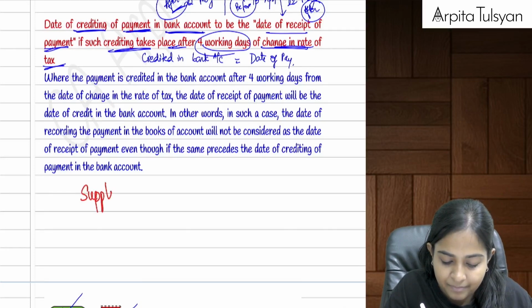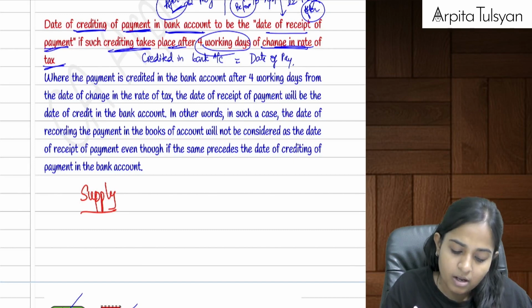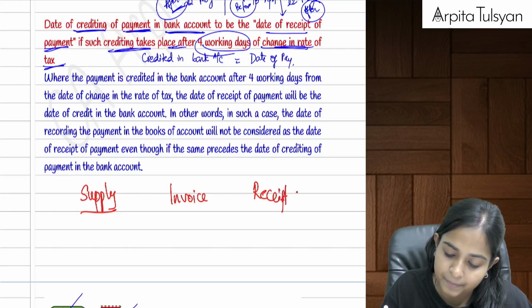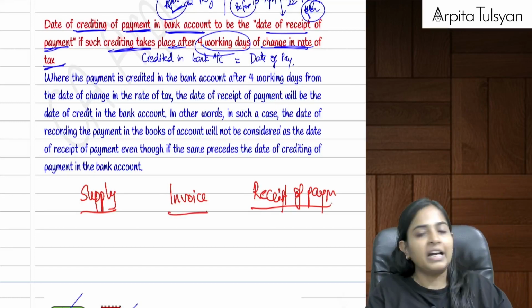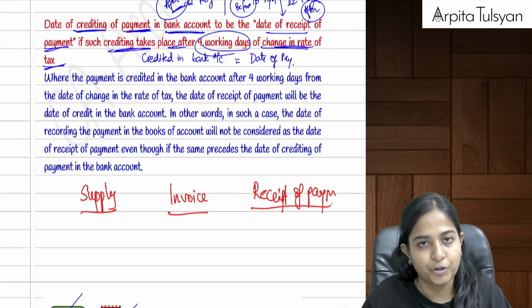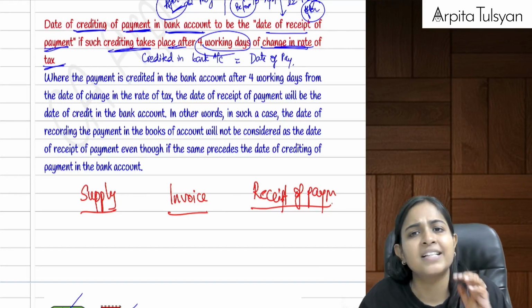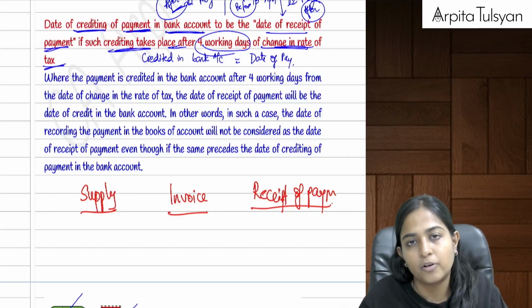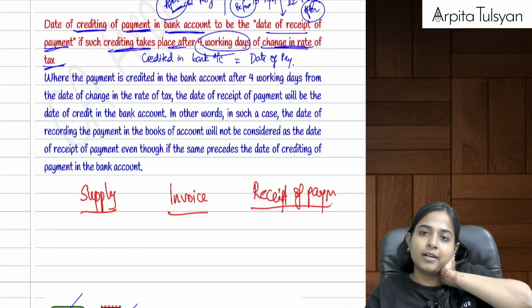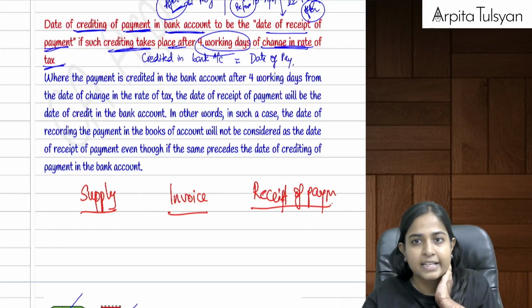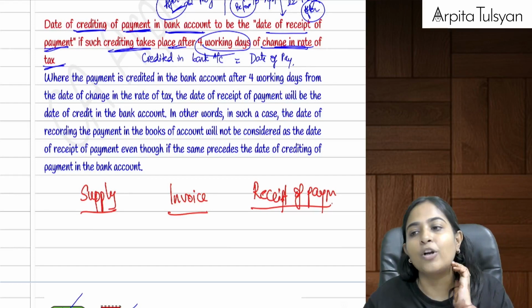Let's say supply. Before that also, date of invoice and receipt of payment. Okay, let's say we come to know, we are in the month of March. We are almost at the year end. We come to know that the government is going to do some changes in the rate of tax right from 1st of April next year. First day next year. And the rate of tax is going to increase on this particular product from 18% to 28%, for example. So now what we did was,